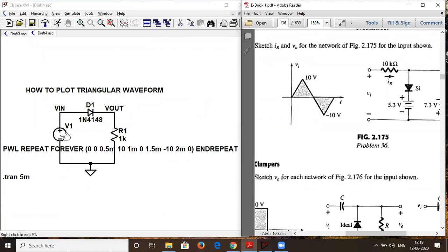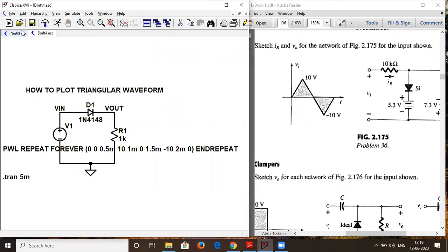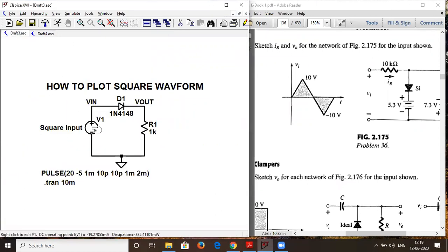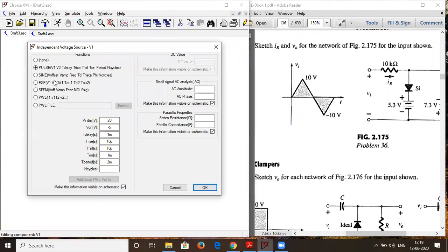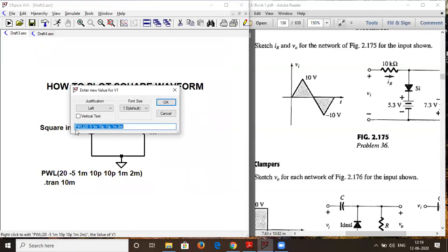Basically you can select any source. Let's say I'll select this PWL. What you need to do is right click over here and edit it here.